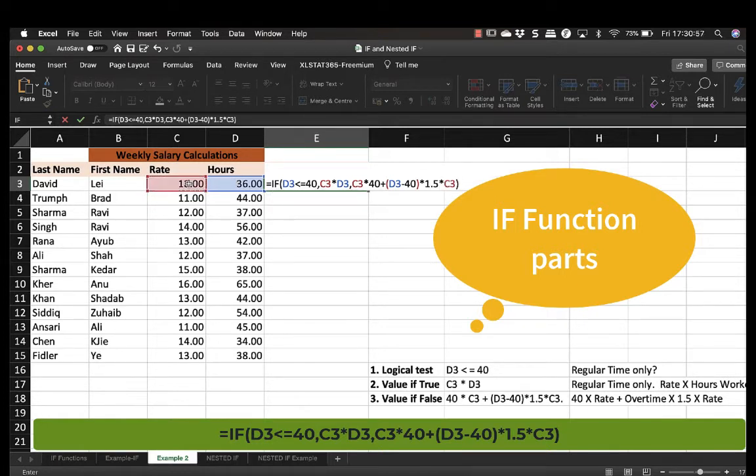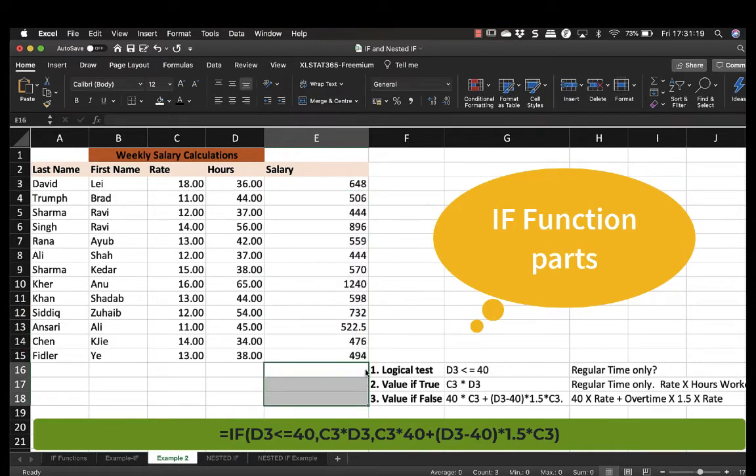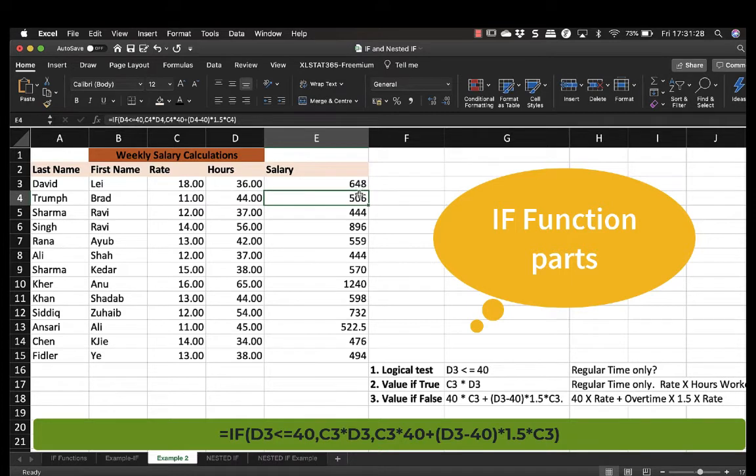This way I'll calculate the salary of Lee. It is 648. Now if I double click, the other cells will also calculate it as it is. So you see that by applying this formula, I can easily calculate the salaries of other employees as well.